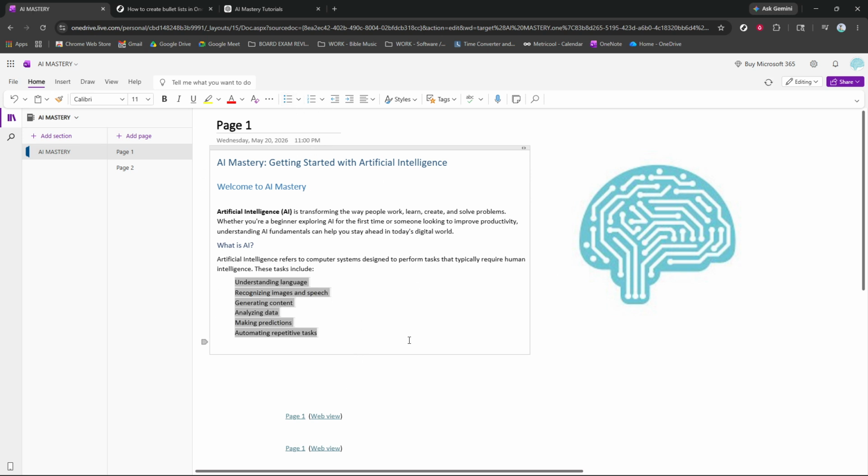Click into the spot where you want your list to begin so your cursor is ready. To start a bulleted list instantly, press Ctrl+Period. You'll see a bullet appear, and you can begin typing your first item right away. If you prefer, you can use Ctrl+Shift+L instead. Both shortcuts toggle bullets on and off, so pressing the same shortcut again will end the list when